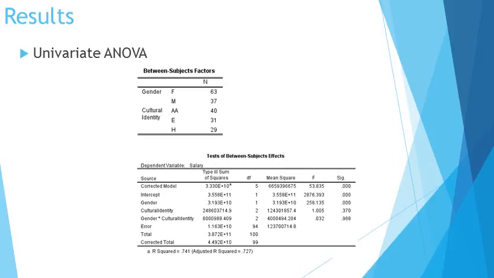In looking at this data, we are trying to determine if there is a significant relationship between gender or cultural identity and their individual or combined impact on salary. For gender, we have an F ratio of 258.135, suggesting there's a strong relationship between gender and salary. This, combined with a p-value of less than 0.05, tells us that we are extremely confident that the relationship exists. The cultural identity has an F ratio of 1.005, and this just meets the criteria of suggesting a relationship exists. However, the p-value is 0.37, telling us that the results we obtained are most likely a result of chance rather